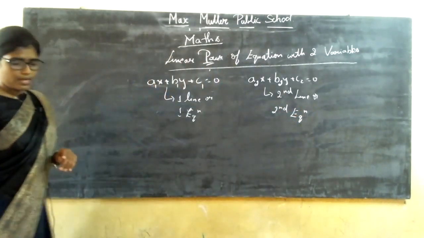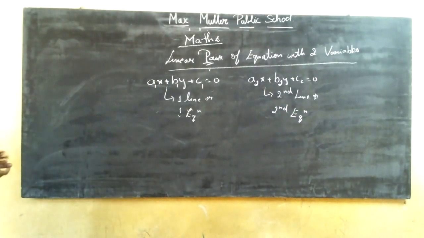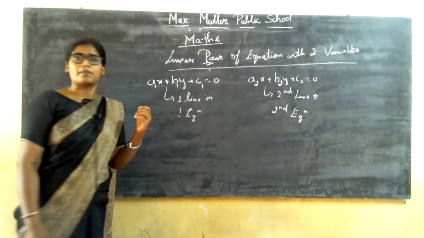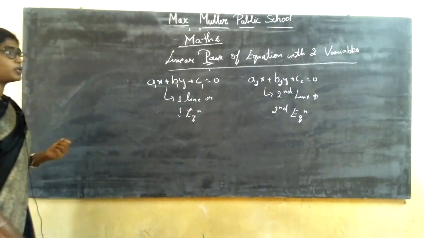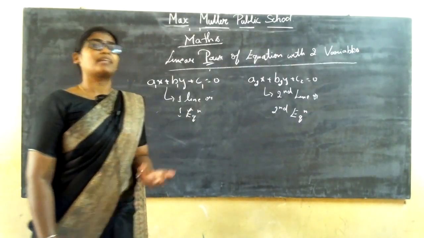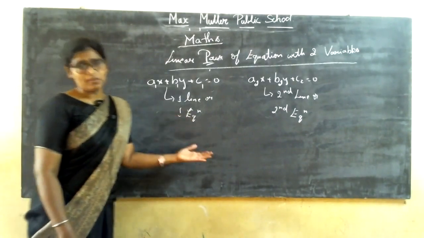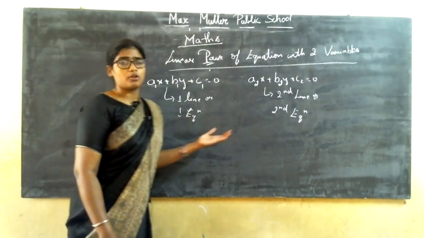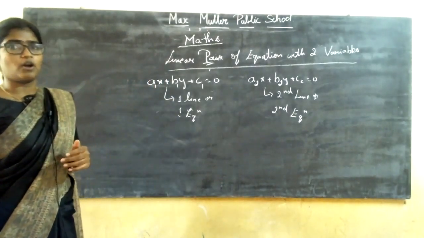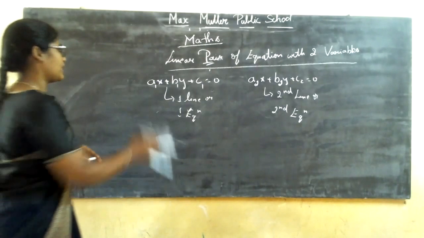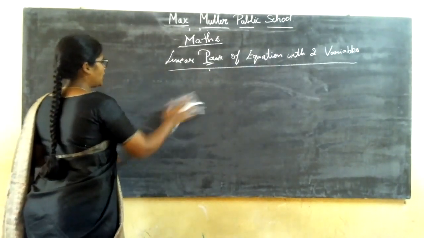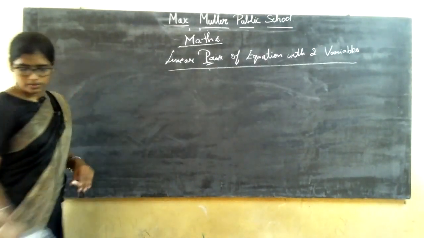Clear? Now, after this, when you have the equation of the first line and the second line, that is a1x plus b1y plus c1 is equal to 0 and a2x plus b2y plus c2 is equal to 0, then what type of line might you get? Correct? You have named the equation, or you have named the lines. Then what type of lines might you get? You might not get a curved line or a wave line. You will get a straight line, where it will be intersecting lines, parallel lines or coincident lines.